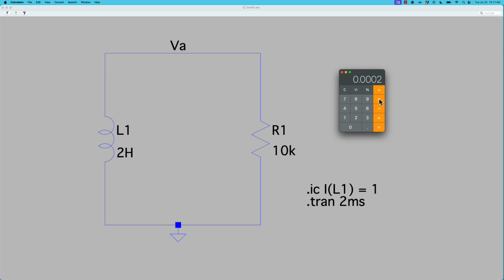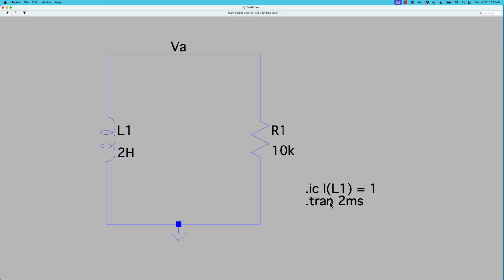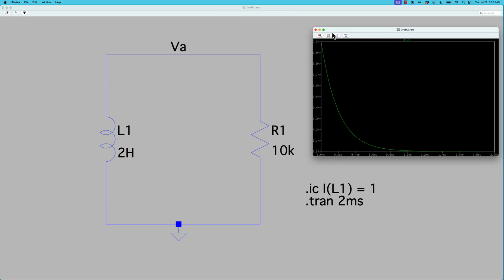It's going to be about 5 tau. After 5 tau, multiply this by 5 to see what we should simulate the transient should be. So if our initial condition of L1 is 1 amp and our inductance is 2 henries and our resistance is 10K, according to this formula, we can simulate it. We're going to do 2 milliseconds for the transient,